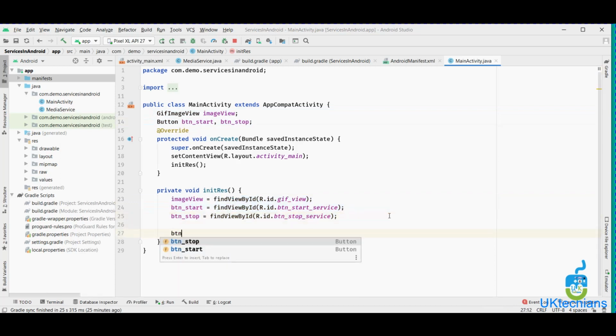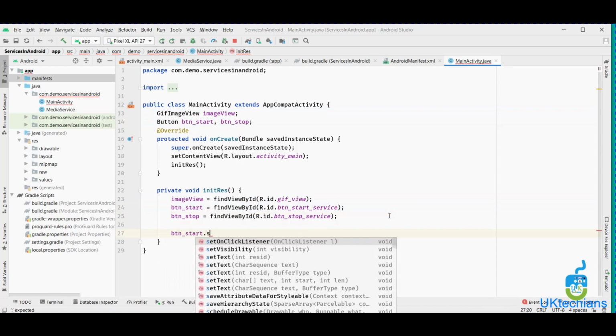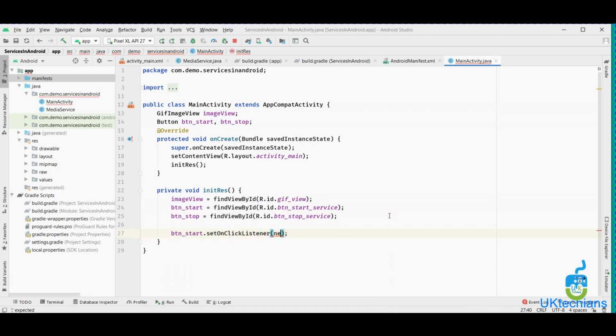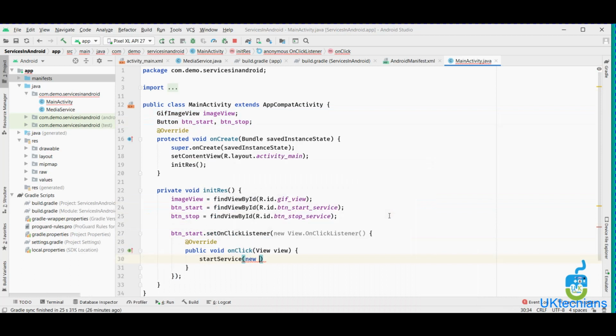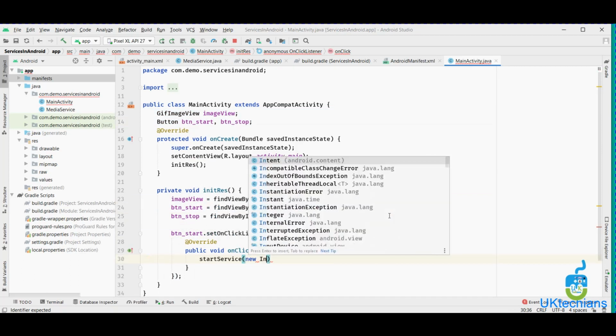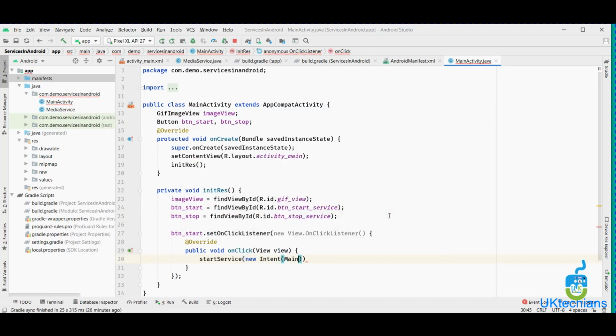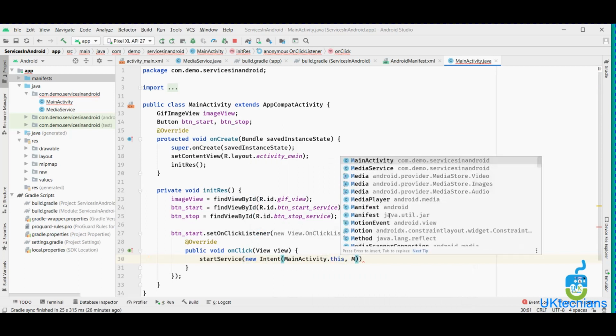Now just pass here startButton.setOnClickListener, new OnClickListener, and we will start the service by using the startService method, with a new Intent, right? Then the MainActivity context, then the class of the service.